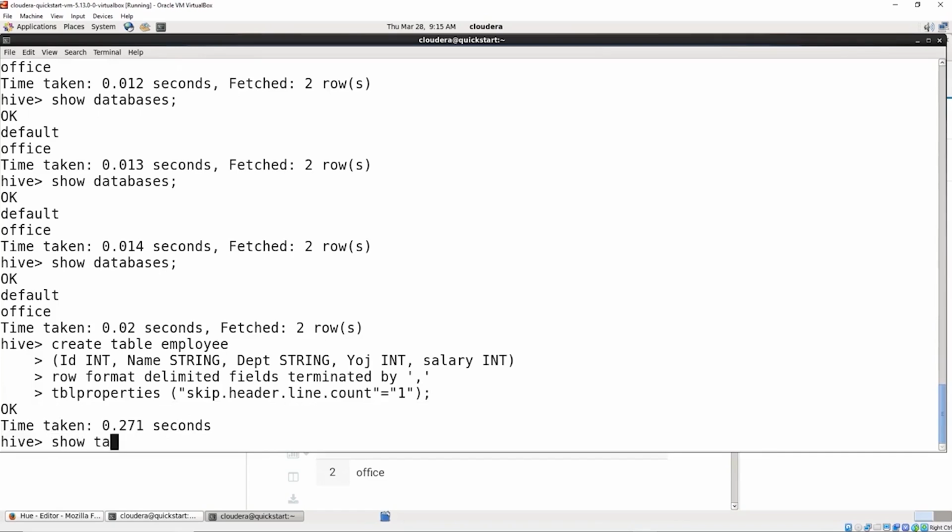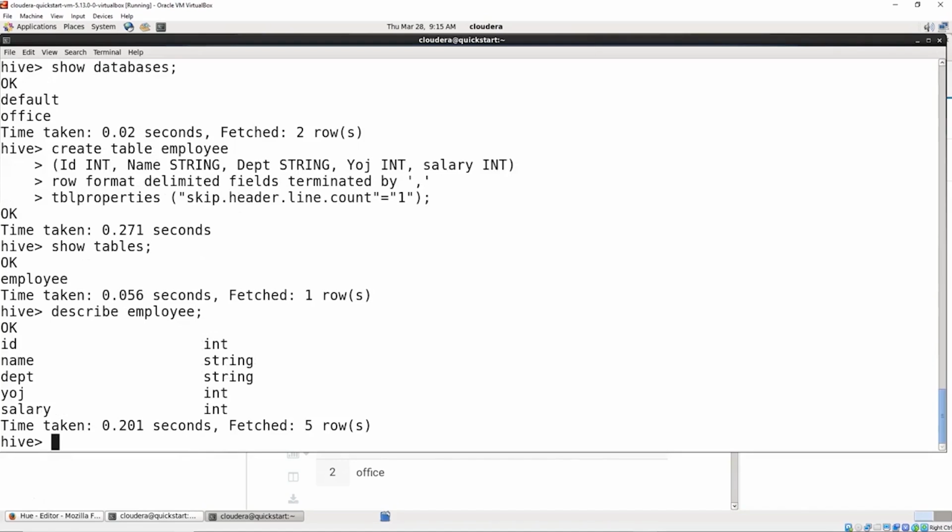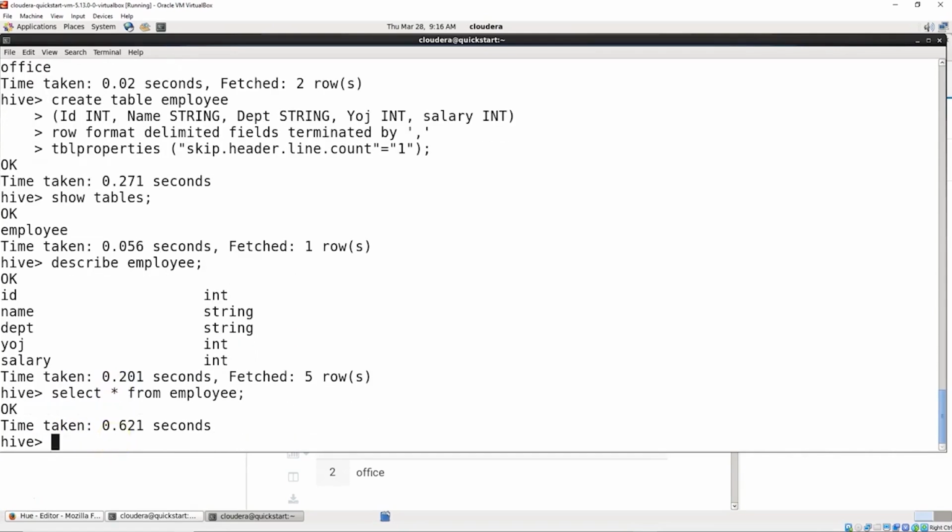And now if we do a show tables, you can see there's our employee on there. We can also describe. If we do describe employee, you can see that we have our ID integer, name string, department string, year of joining integer, and salary integer. And then finally, let's just do a select star from employee, very basic SQL and HQL command, selecting data. And it's going to come up and we haven't put anything in it, so as we expect, there's no data